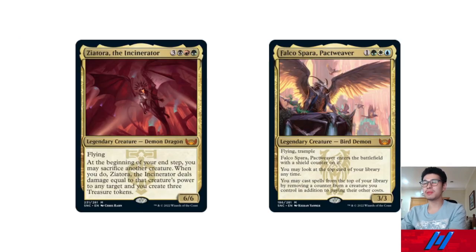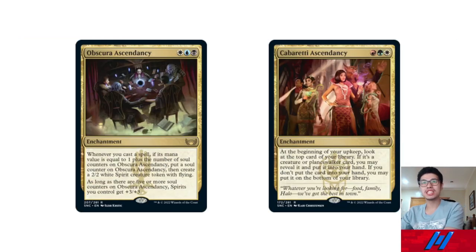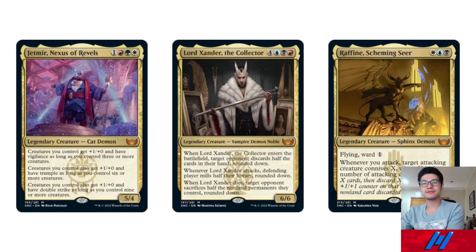Next is Falco Spara Packweaver for fourth place. Could be played in Standard. Maybe. There are way better banned commanders out there. Third place would be, it's pretty hard, because it's a big difference between the bottom two and then the top three. I'd say